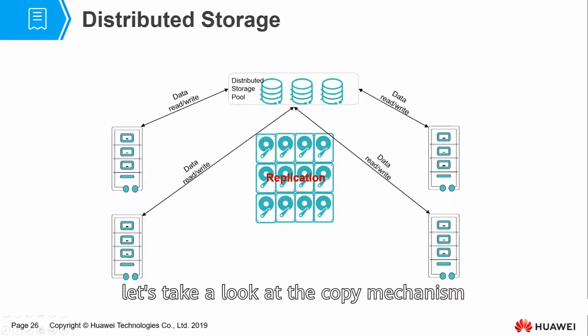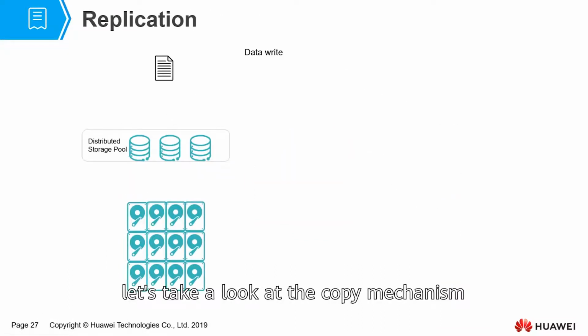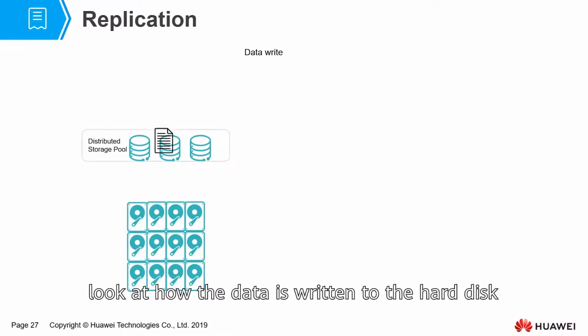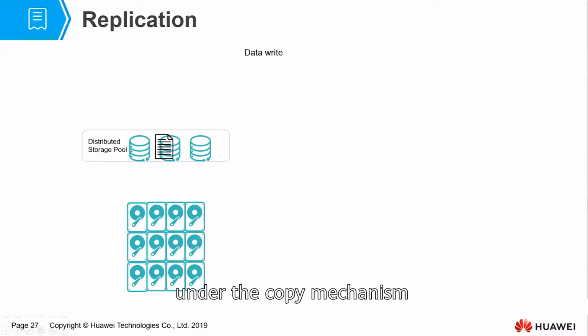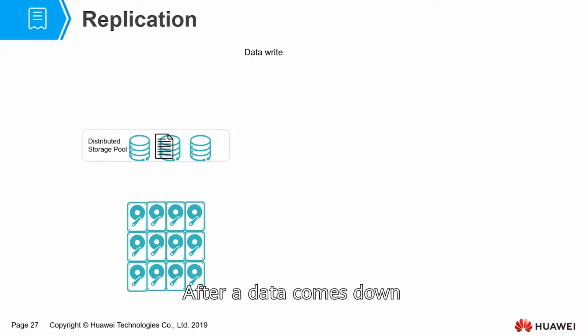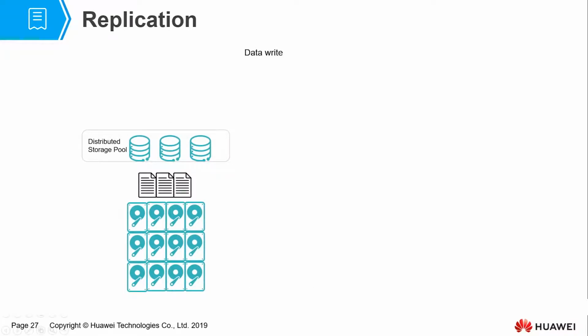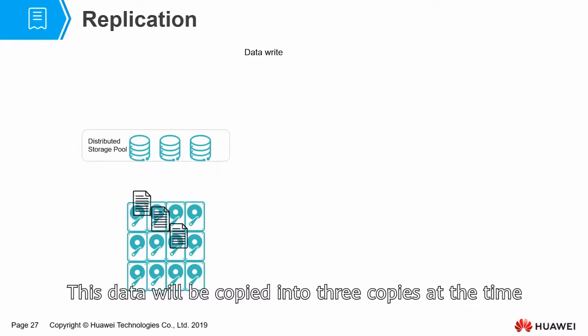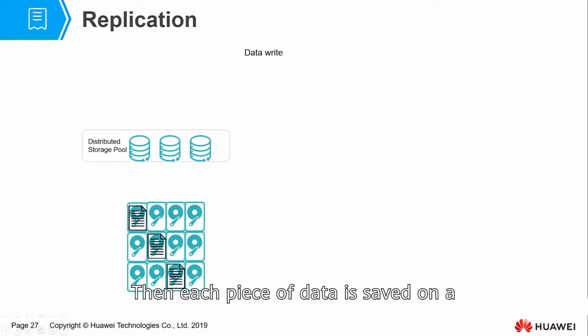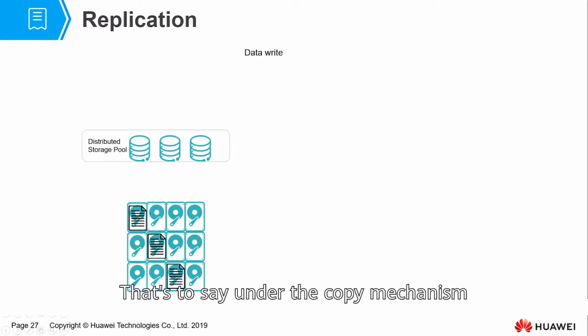Next, let's take a look at the copy mechanism. First, look at how the data is written to the hard disk under the copy mechanism. After a piece of data comes down, it will first be written to this distributed resource pool. This data will be copied into 3 copies at the time of writing. Each piece of data is saved on a different hard drive. That's to say, under the copy mechanism,